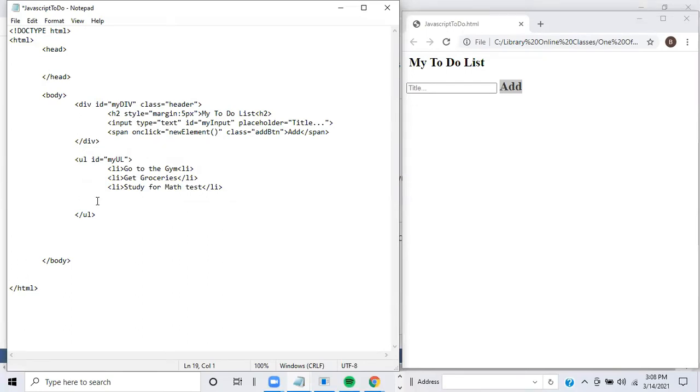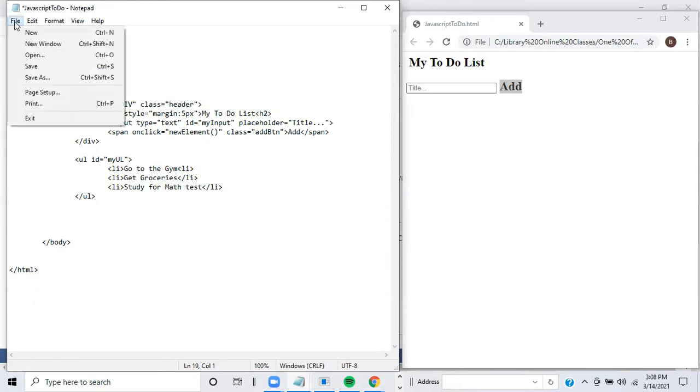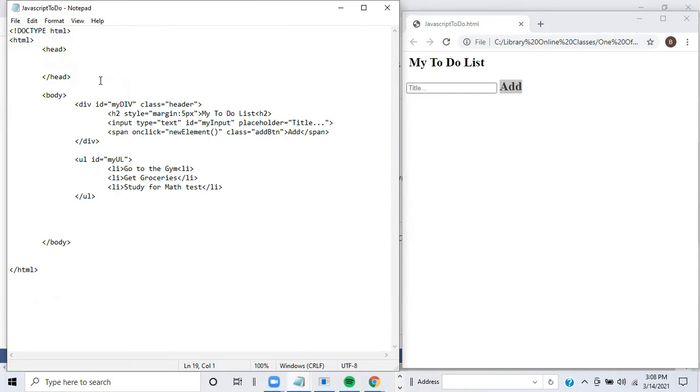So I'll get rid of the spaces here. I'll come up and click on File, then Save. Off to the right, I'll refresh my page, and there you go. Oh, I know why I have a bullet right here, because on my first line list item, I didn't do a closing li tag, so I need that